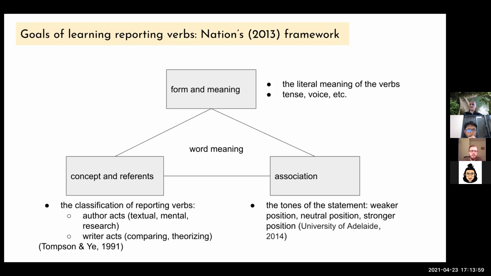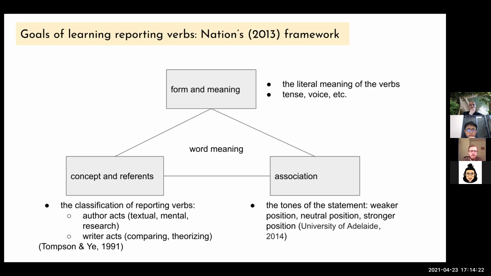To start with the form and meaning part, we expect the learners to know the literal meaning of the words. Then moving on to the concept and reference stage, we expect the learners to know the classification of reporting verbs,